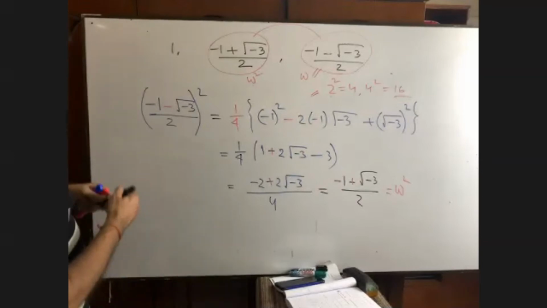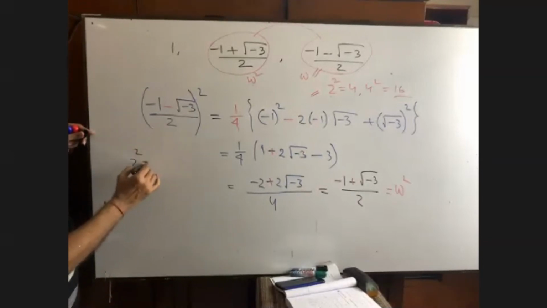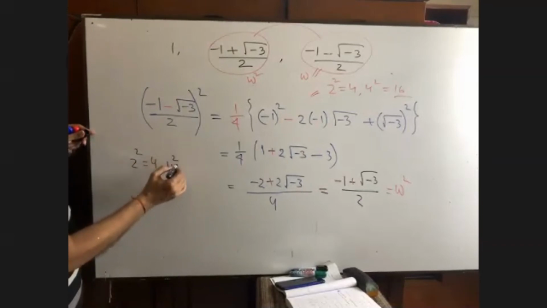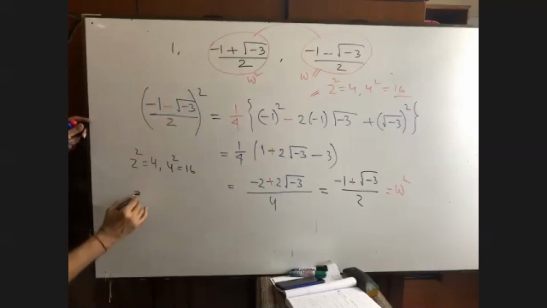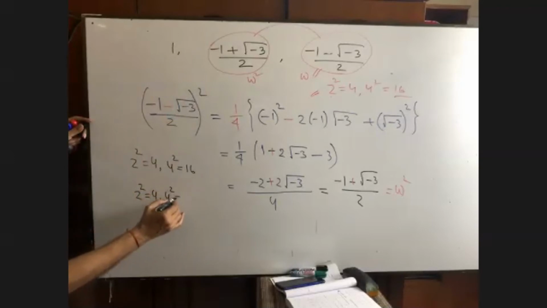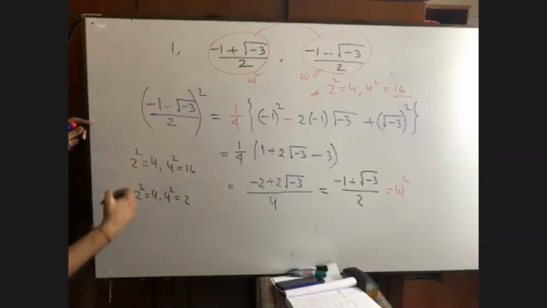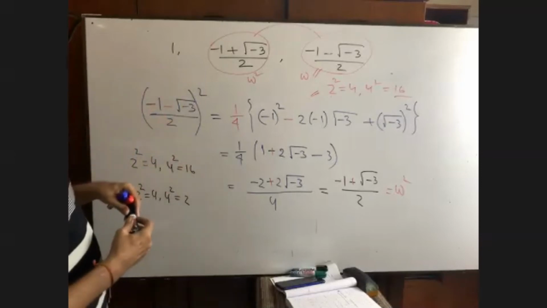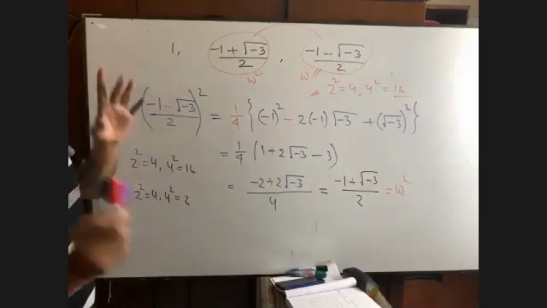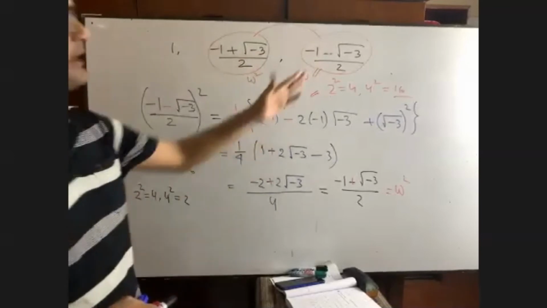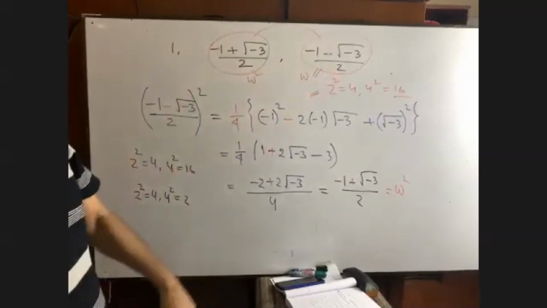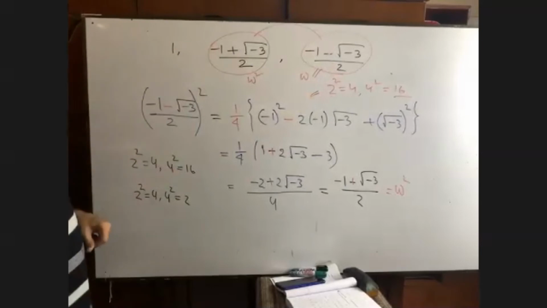If I get a square of 2 as 4, then if I get its square, that is 16. But in this math, what are we getting? We are getting the square of 2 equals 4, and the square of 4 is equal to 2. At first I have proved its square is this. Then I am going to prove its square is again this. Is it possible in maths? But I have made it possible.